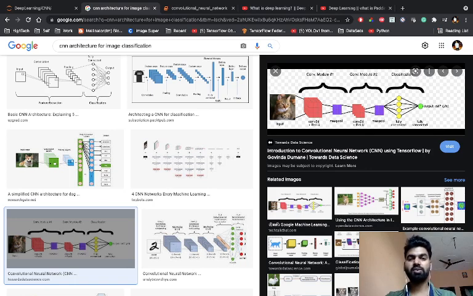Based on the training phase, we predict when we feed some images. If we give some sample test data set, we see the output showing which category the image belongs to. It's basically a binary output, right?